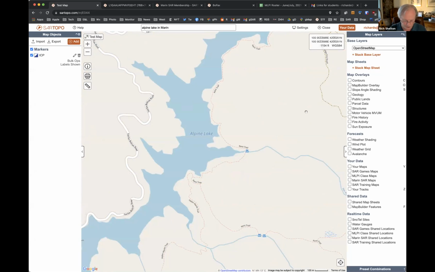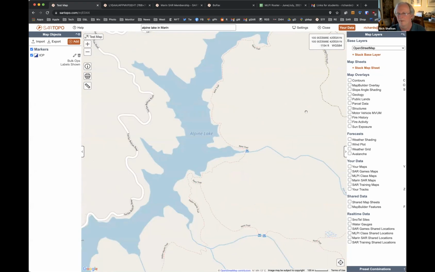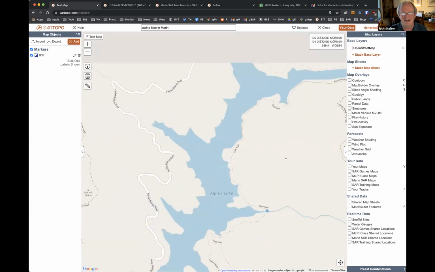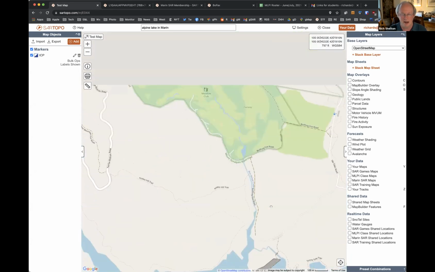Same thing with the Map Builder Overlay, which is an O. So I can hit O and turn that layer on and off. That's really handy too. Sometimes when you're doing an A-B thing, looking back and forth at something. Something that you guys in Nevada County, I'm sure, use all the time, and any alpine search we work on